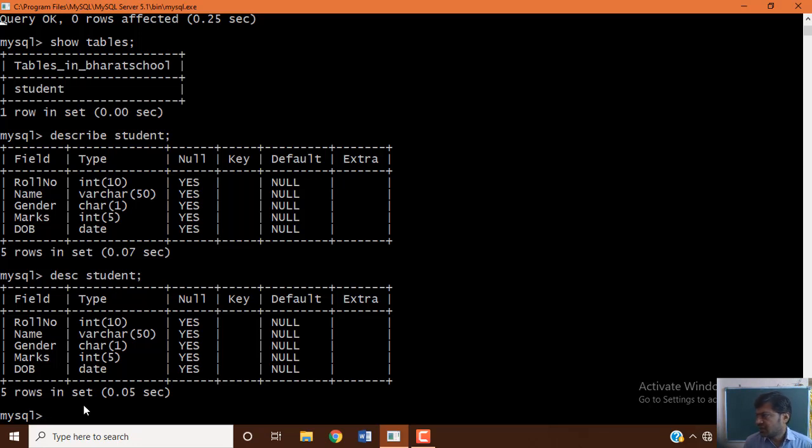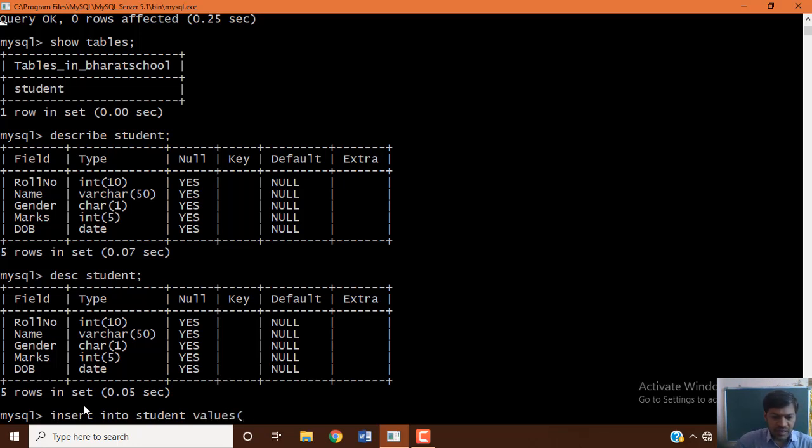Yes, we know it. Now inserting data. Insert into student. There are multiple ways which I showed you last session to insert the data. Now we'll proceed with one: values.